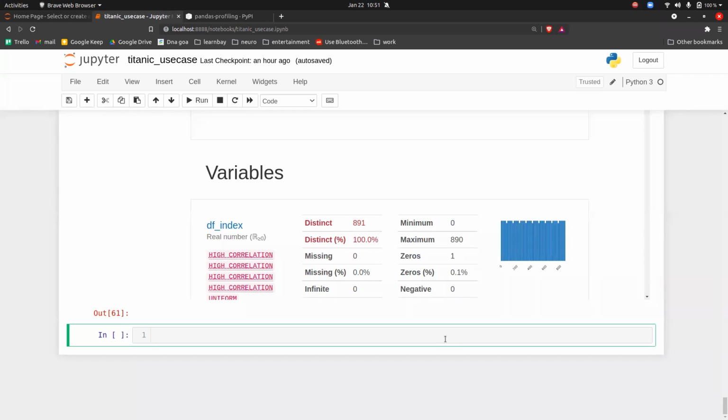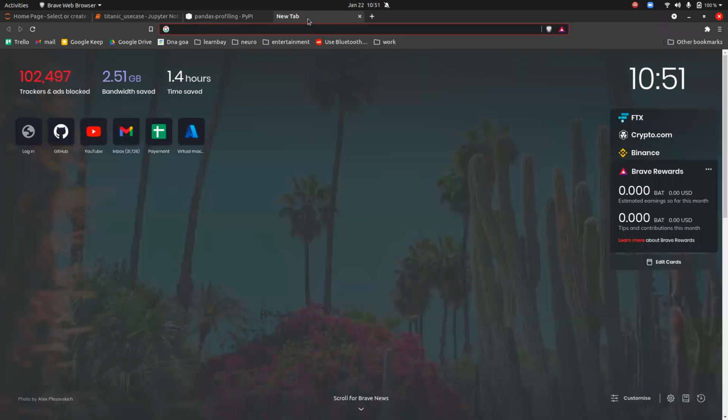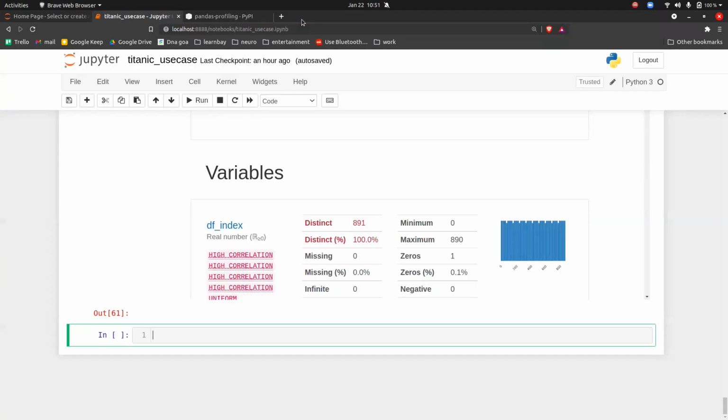Okay, guys, great. So the use case is over. I will upload this notebook. If you want to practice, you can practice. And of course, guys, I have also told you about Kaggle, right? You can go to Kaggle and get new datasets and play with them. You can explore Kaggle to understand much more, to study much better, and to get more and more ideas. The more you solve, the clearer it will get in your minds.